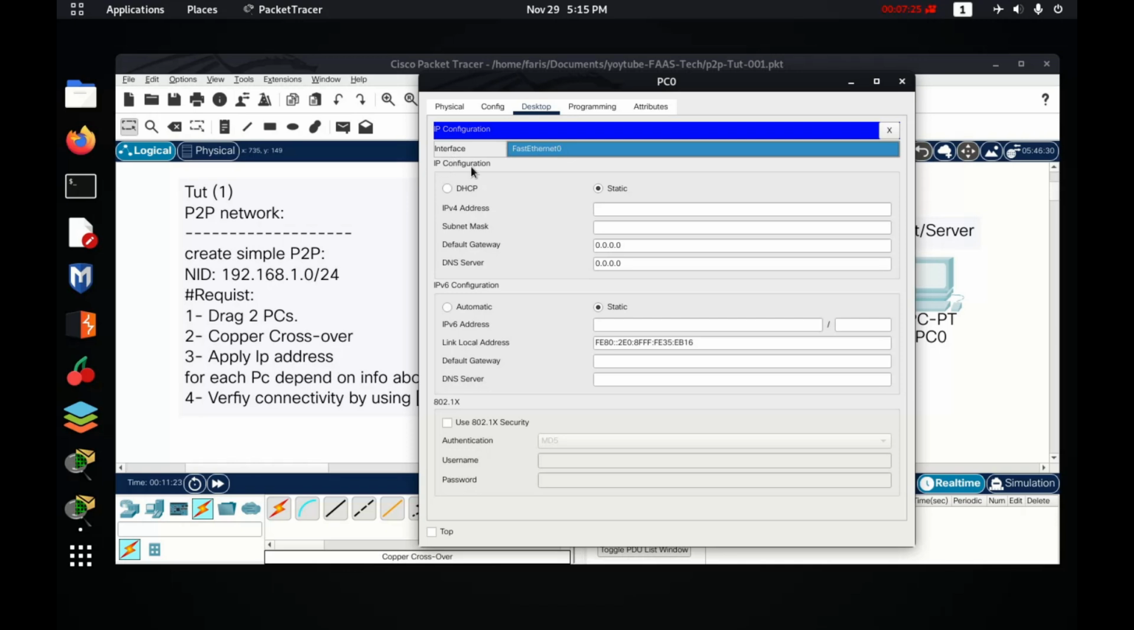On this tab, IP configuration, we have two choices, two categories: DHCP and static. Ensure that you are in the static. DHCP, next tutorial inshallah we will find out what it means. So in front of the IP version 4 address, click in this box and type the network ID